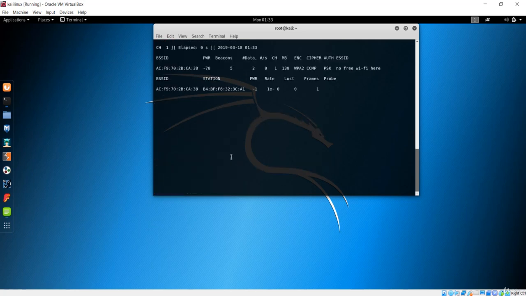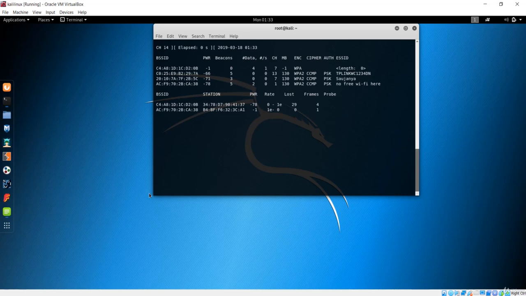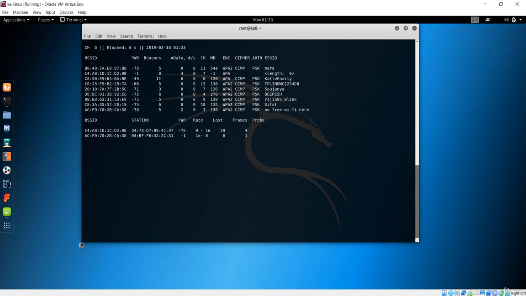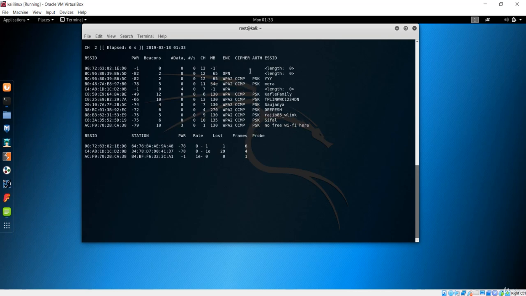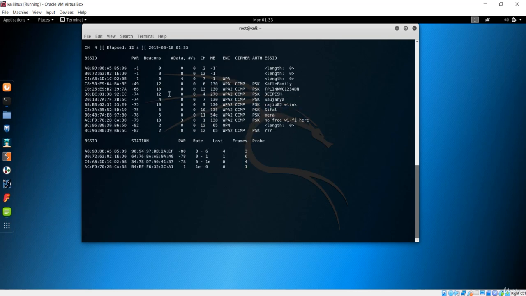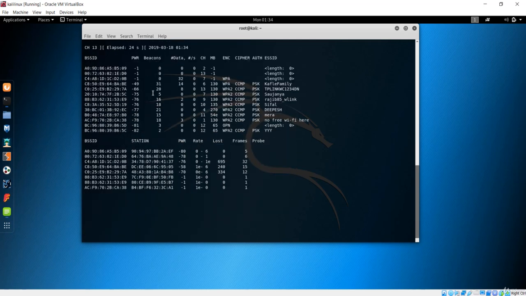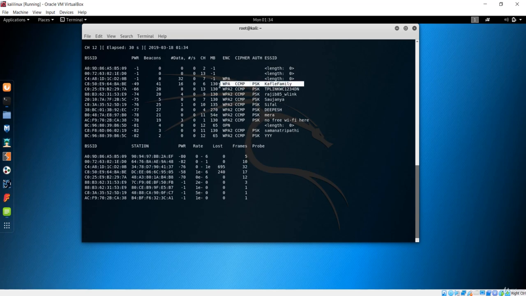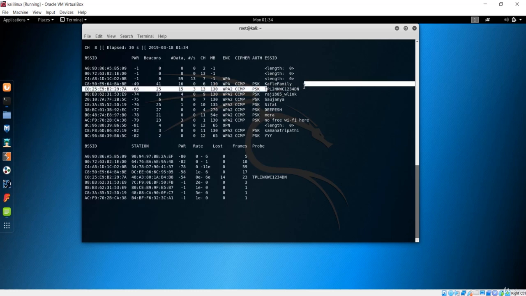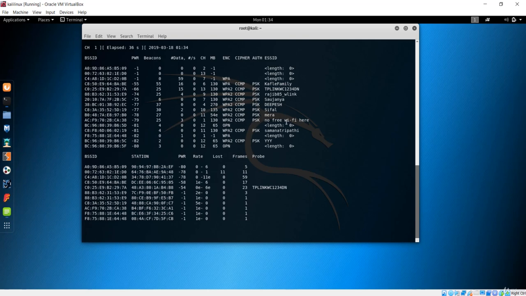If I hit enter, you can see the information of the clients connected to this network, or rather, this is not the client but the information about the networks. It is only getting the information about the networks that are available, because airodump-ng is going to get every Wi-Fi network within range of your device, and give us information about the gateway, or basically about the network. So these are all the networks that are available in my area. In your area it can be more or less, but we have this network that is to be hacked.